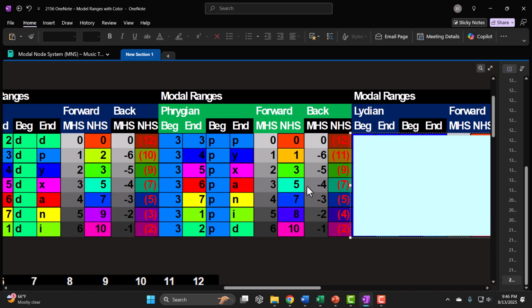We have -4 modal half steps counterclockwise, which is still 3 shades of gray. 12 minus 5 would give us -7 counterclockwise note half steps, which would still be aqua, but a shade darker. 3-7 modal range, PN modal range, Phrygian Locrian modal range, or sky blue yellow modal range, has 4 modal half